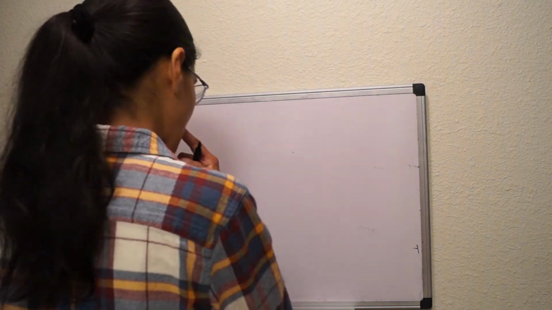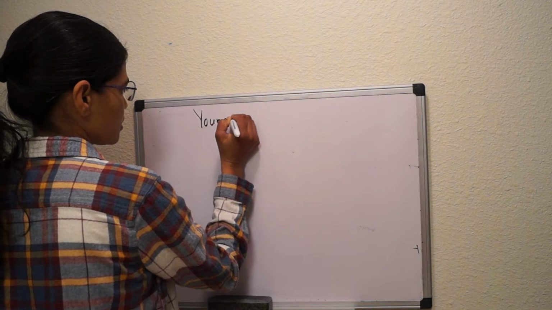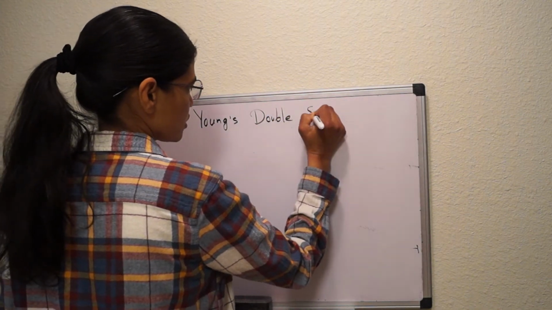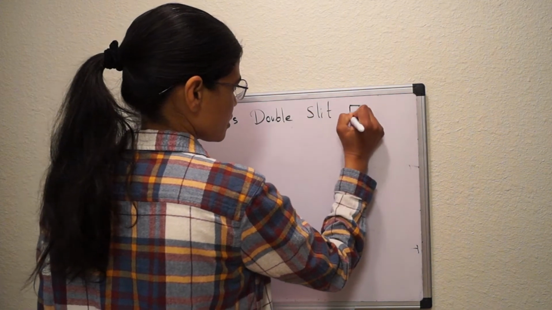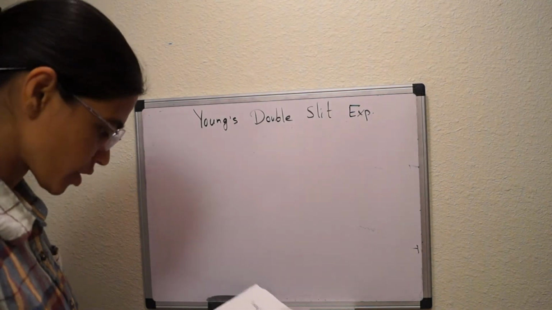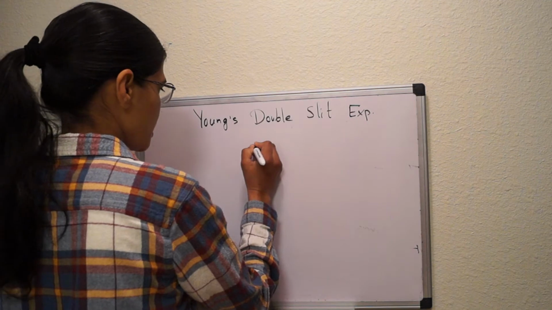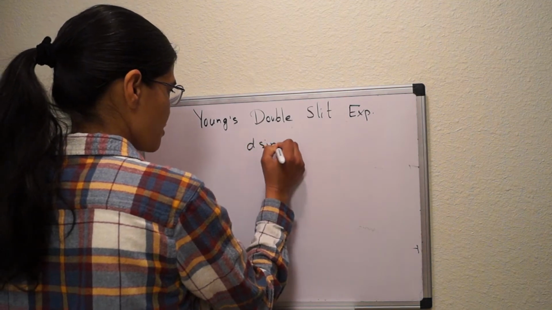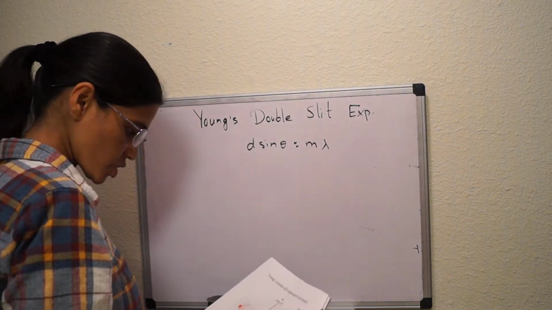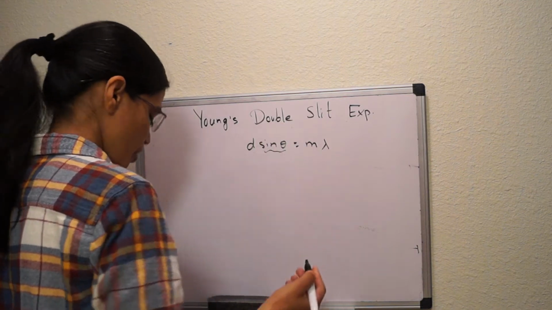So we also looked at Young's double slit experiment, right? We found the condition for bright fringe to occur. What is it? d sine theta equals m times lambda, right? So this is one of the conditions, and then after using small angle approximation, we found